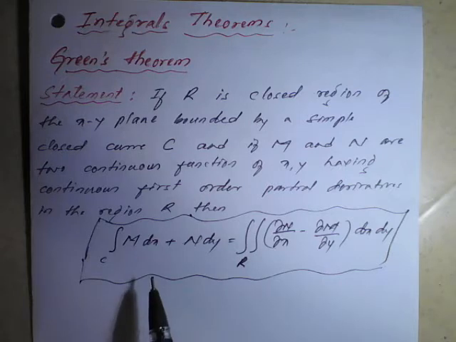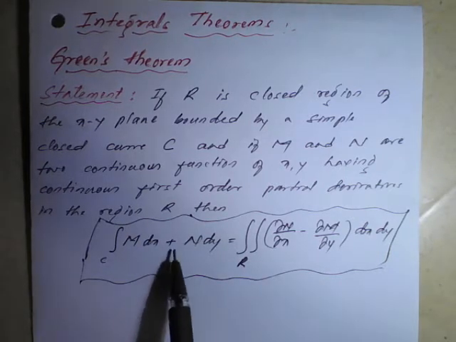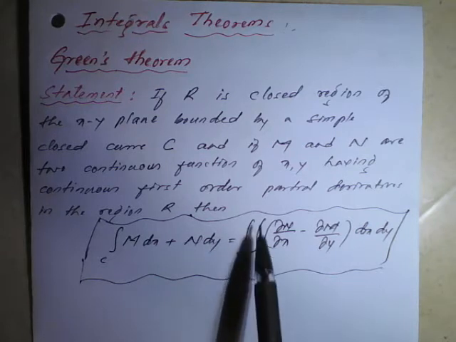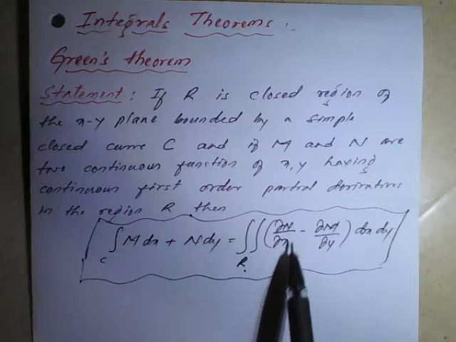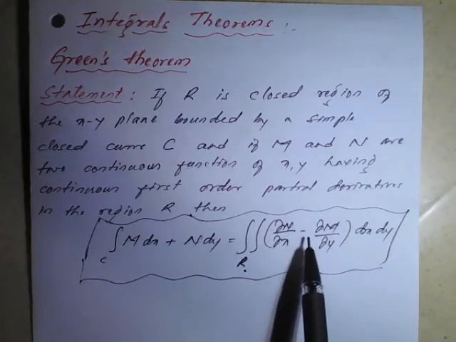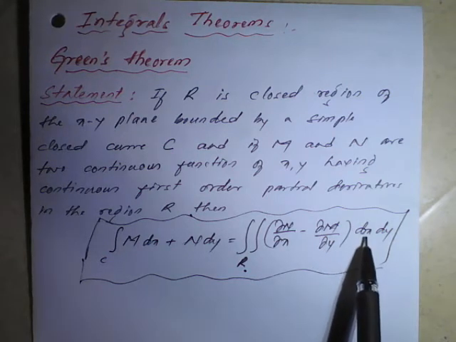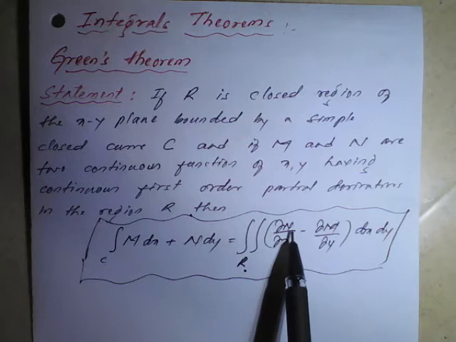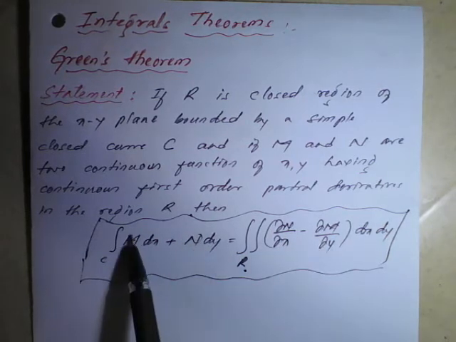So we have to remember the statement. Integration of m dx plus n dy is nothing but double integration over the region R dou n by dou x, this is partial derivative of n with respect to x, minus partial derivative of m with respect to y into dx into dy. From where do you have to take n? From this you have to collect the n value, and the coefficient of dx is the value of m, so you have to go for partial derivative.